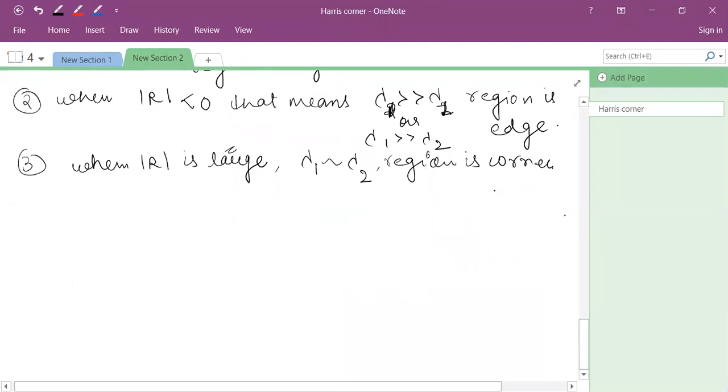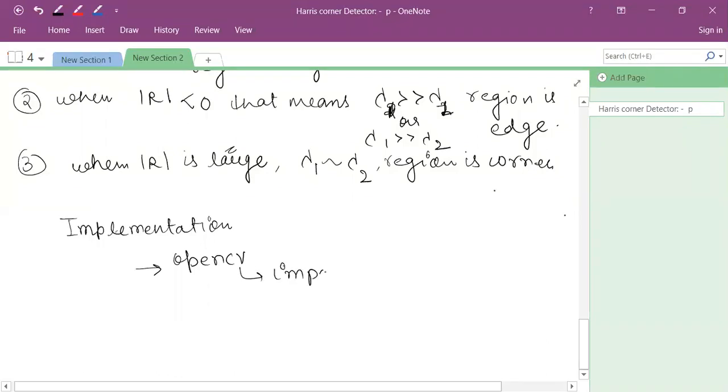Now implementation, the important part. Without implementation, you cannot jump over the augmented reality. So for the implementation, you have to use OpenCV. In OpenCV, you have to import cv2. This cv2 will become the class, and inside cv2 there are so many functions that you have to invoke by using the dot operator.